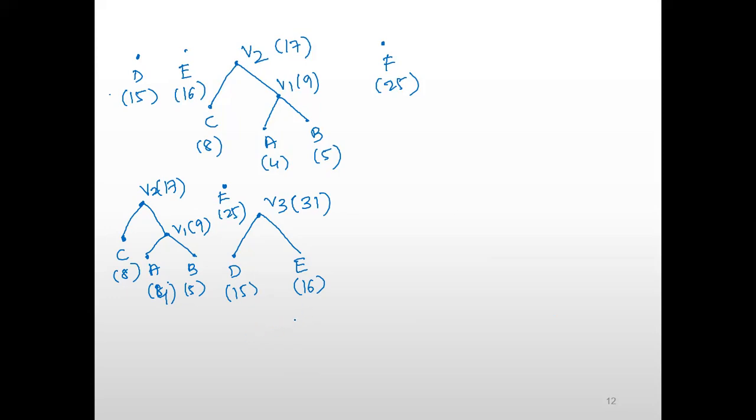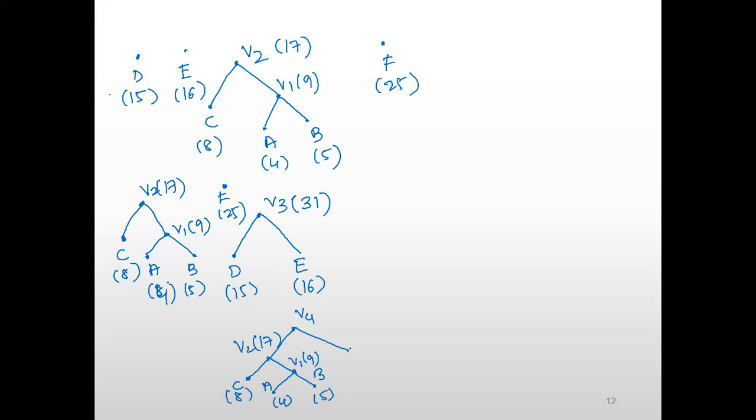Let's add that. So the new vertex formed is B4. By adding, we have B2 with the weight 17 and retaining the structure C8, A B 5,